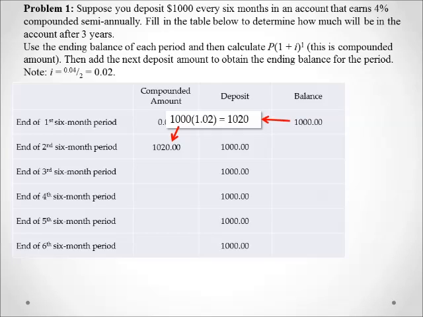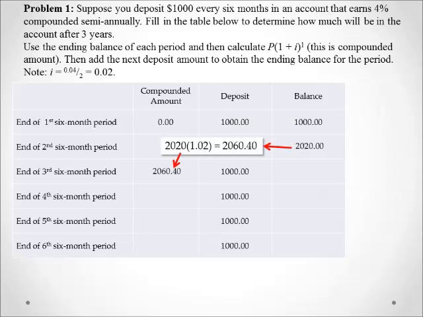And so the beginning of the second 6-month period will have $1,020 in the account. At the end of that period, we're going to add $1,000. So we end up with a balance of $2,020 at the end of the second 6-month period. Okay, that's going to earn interest. The amount will be 1.02 times this balance of $2,020, which will give us